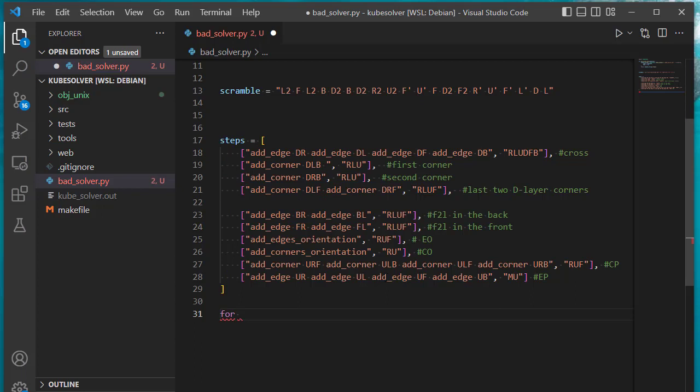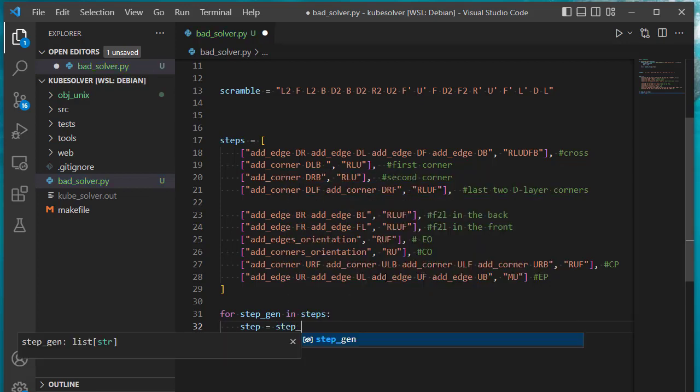So basically what we're gonna do, we will say that for each item in the steps is step and generation in steps, and step is the first item and gen is the second item. Where is copilot? I don't have a copilot here, damn it. Step gen 1. And then we will